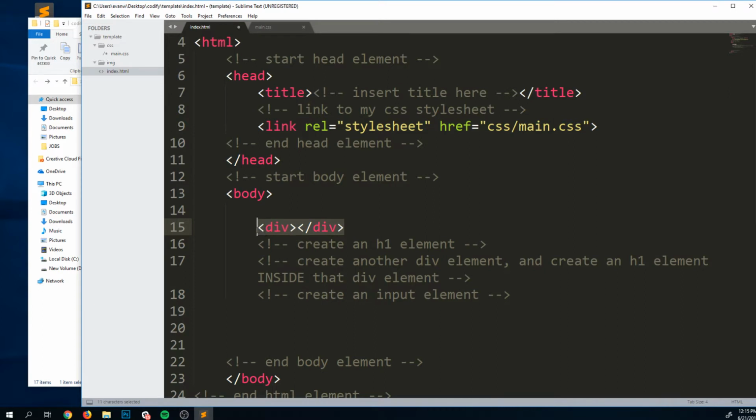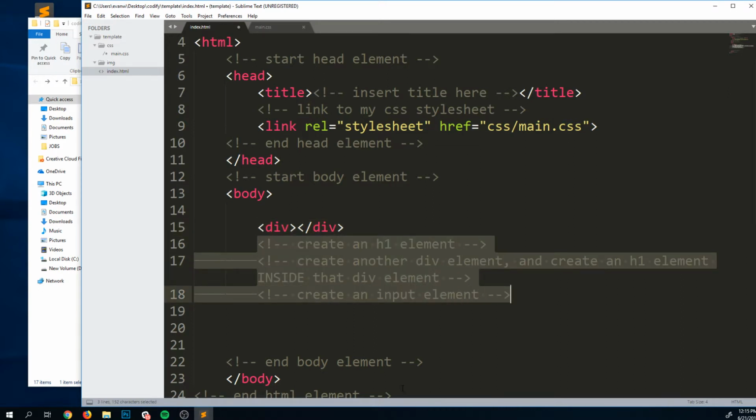Extrapolate based on this solution to complete these 3 tasks. And what I want you to do is try your best to check your answers on your own before you continue watching this video to see the solutions. Okay, so if you think you know, great, write it down, do it, and then try to check it, which